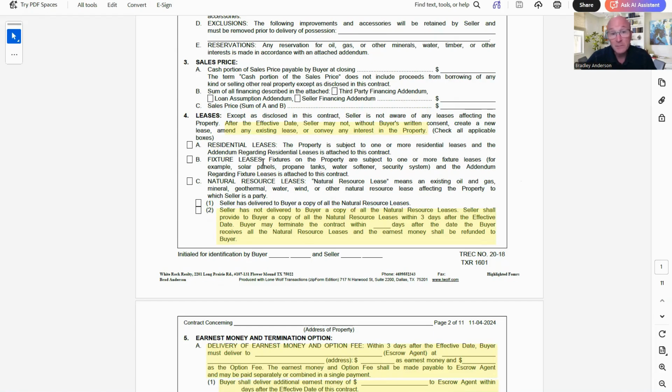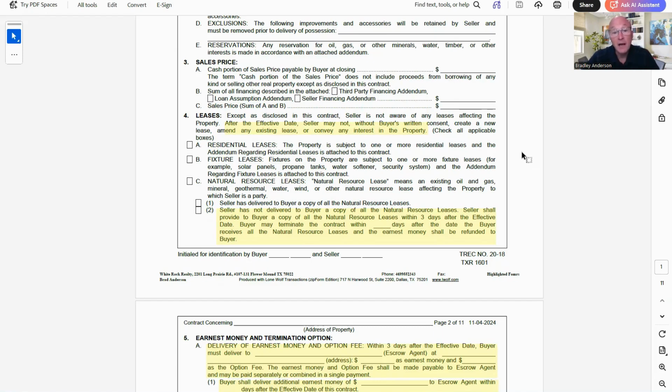And there are addendums for whether or not there are leases in here that speak to, well, okay, the buyer now knows there's a lease on the property. What is going to happen? Does the buyer inherit it? Is the seller going to get rid of it before ownership is conveyed? But in this case, for this conversation, I just wanted to point out the first spot where we look